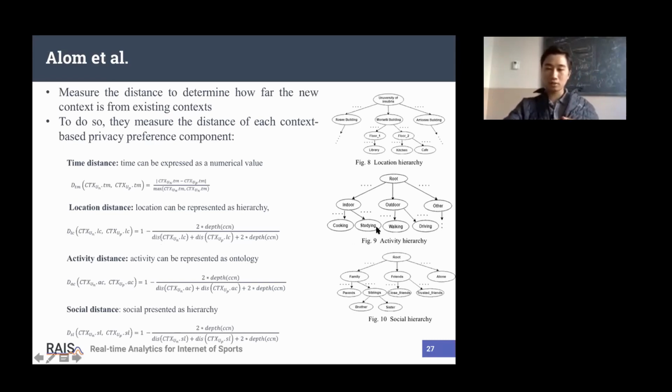For example, we get cooking and driving. They have only the root. The only root is the lowest common ancestor, and the depth here is 0, and the distance is 2. It means that the distance value of the activity is 1, 1 minus 0 is 1. It's very far, very different. Something they do at home is very different from some activity at work.